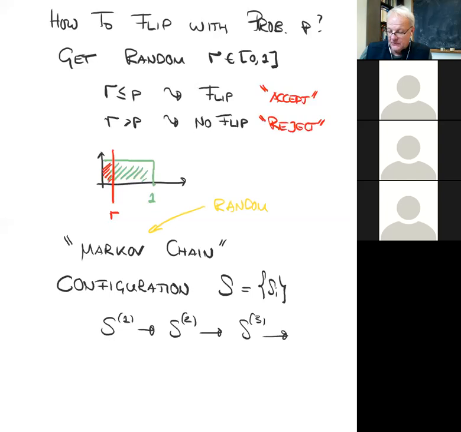And so how do I now actually compute something like the magnetization? Well, what I do is I have this Markov chain of configurations, and in every one of these configurations, you can of course compute what the magnetization is. So in every one of these configurations, you can just compute, what is M1, and you can compute what is M2, and you can compute what is M3, and so on.